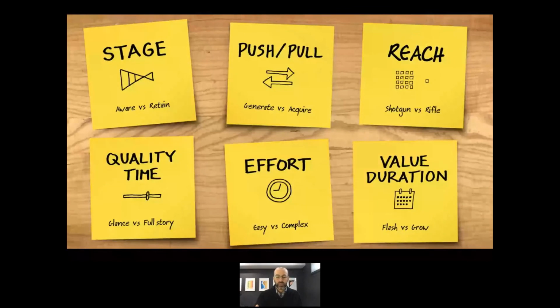How many people are we trying to reach through these channels? Is it more of a shotgun to the masses, or is it more of a rifle to very highly qualified customer candidates? Where are we at in the brand cycle? Do they know us well and we just need some quick reminders? Or are we in an introduction stage and we need to tell the full story somehow, and we need really good quality time to be able to stand out? And then you also need to look at the resources and effort required. If we're going to go down this path of pursuing these channels, is this something easy that we're well staffed for, or is this complex and we're going to lack resources for it?